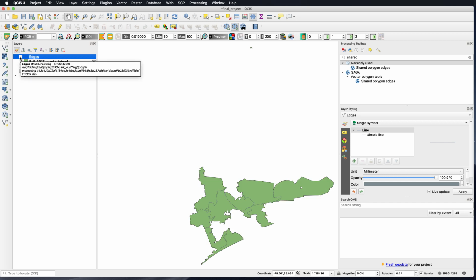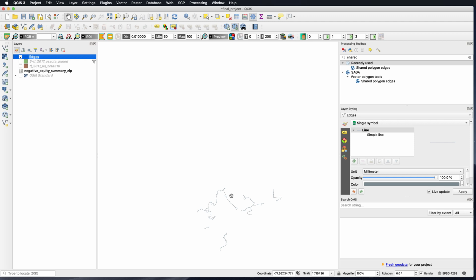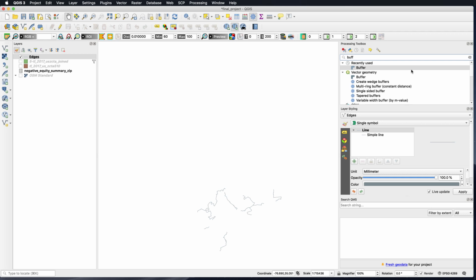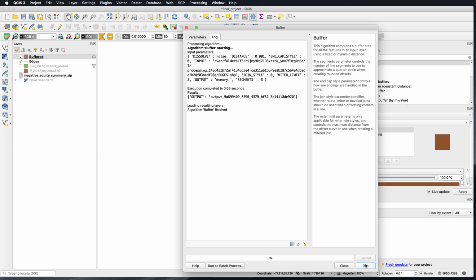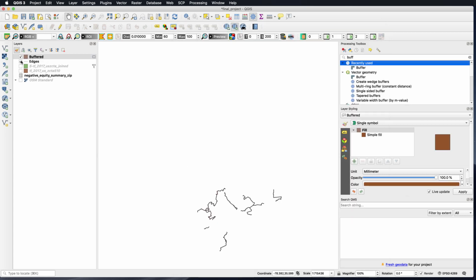So the next thing I'm going to do is buffer the edges. Right now they're lines, and I need to have them as polygons for the next step. So I'm going to go up to buffer, and we're going to do the edges layer. The distance, it's in degrees. I'm going to set it really, really small, 0.001. And I'm going to run this and close it. So effectively what that does is they're still the same size, but now it's a polygon here,